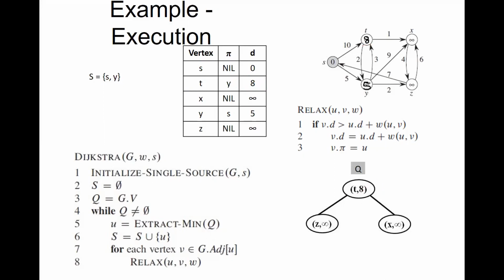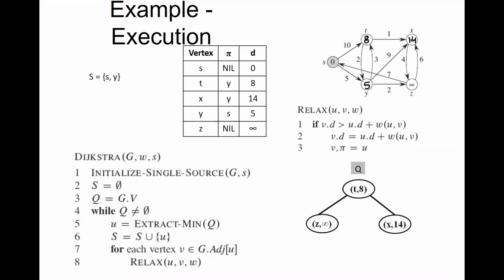Next, the adjacent to y will be x. So this will become equal to 9 comma x. This value will become equal to that of y, and for the x vertex, the distance will be 9 plus 5 equal to 14. So this distance of x will be updated to 14, and the predecessor of that will be taken as y. Now this will become x comma 14. There won't be any change in the min priority queue, so that x value is being updated.